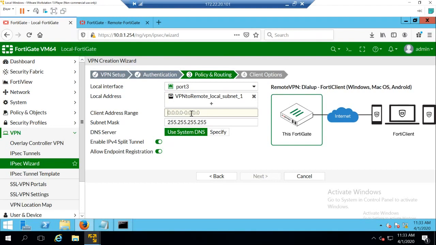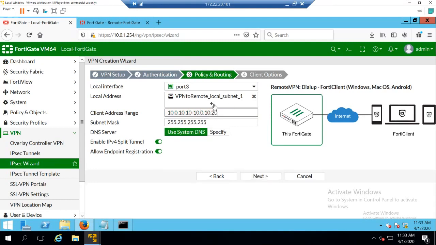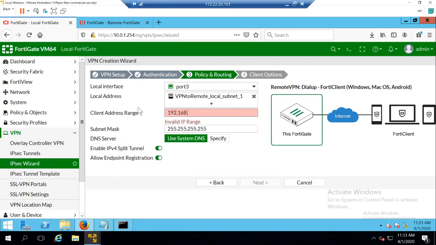So what we are doing is, when the VPN is connected, we are saying, please assign this particular IP address to the client. So we just have to give a range. So this range I can give is 10.0.10.10 to 10.0.10.20. Okay, so this is my client range,